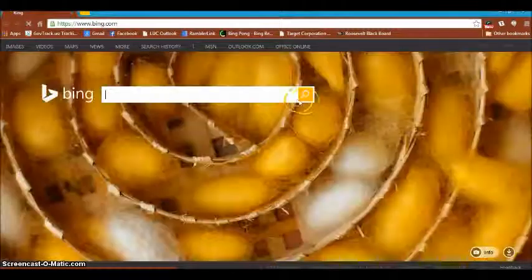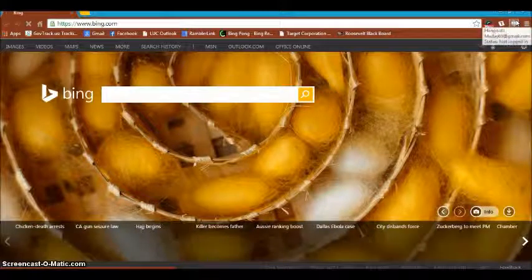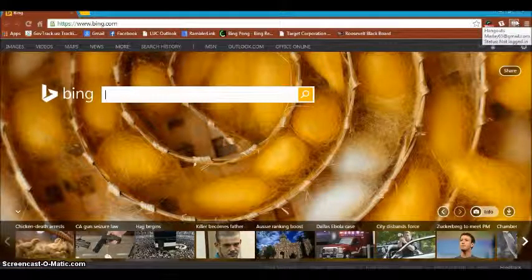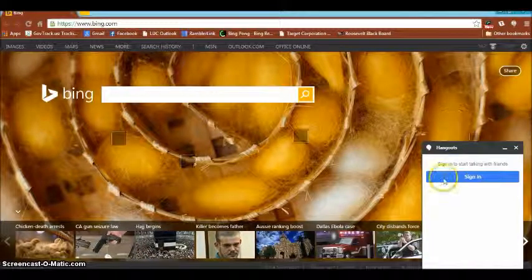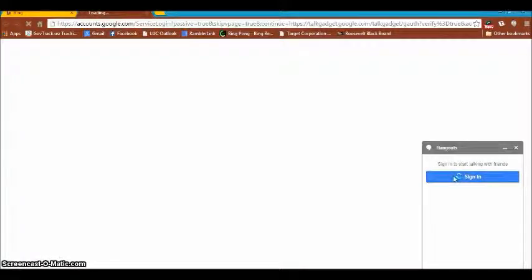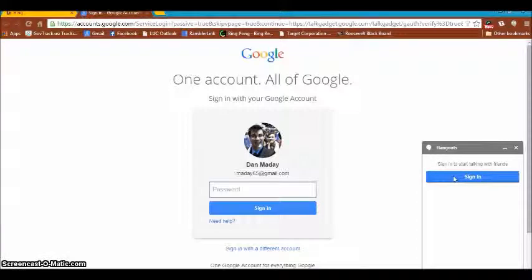Then, once everything loads, you're going to click this other icon over here in the upper right-hand corner for Google Hangouts. It should be gray at first when you're not logged in, but once you log in, it'll turn green. Now, note, in order to do this, we have to remind you, you will need both Google Chrome as a browser and a Gmail account along with the Hangouts extension installed. Once you have all these things, you can click it, and it'll bring you to this login screen here. Simply log into your Gmail account,